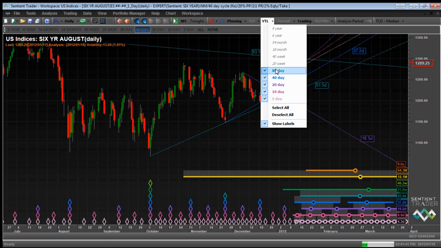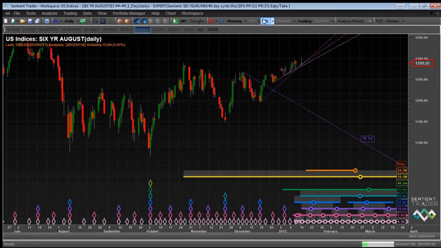It is not always possible, and let me show you on this chart. It's not always possible to draw a VTL for a particular thing. Well, let me not get bogged down in the details too much. But basically, what makes a VTL outdated is if Sentient Trader cannot draw the most recent